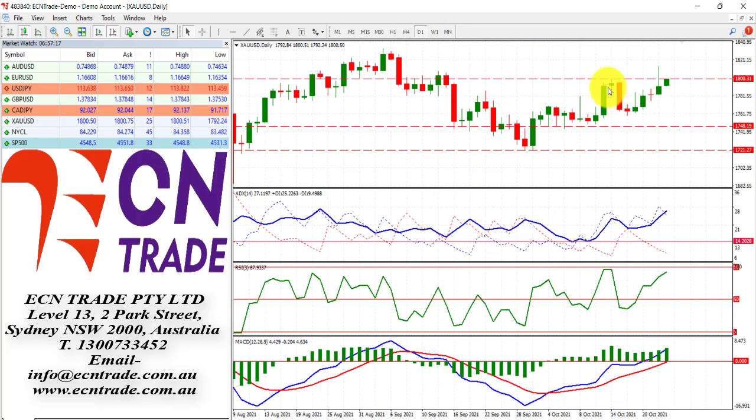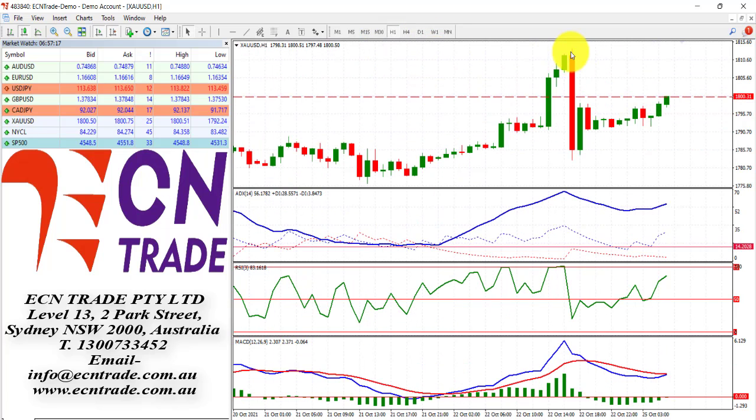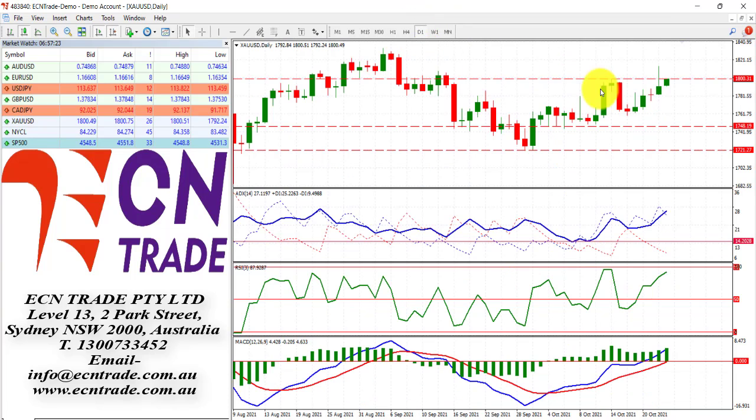Gold very whippy, as we can see on the shorter time frame. We've got a very sharp drop at the beginning of today, and with that we've seen a spike to the upside. But the bulls are not backing away as they want to test that top side again around 1,812 to 14. Overall, I feel the market's setting itself up once again for a bull trap, and therefore could see a rejection from this top side and back towards that trigger level seen at 1,748.